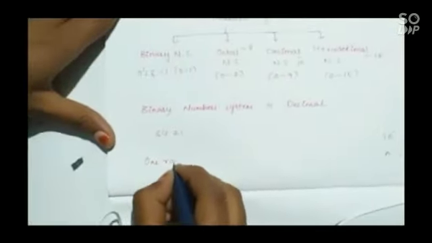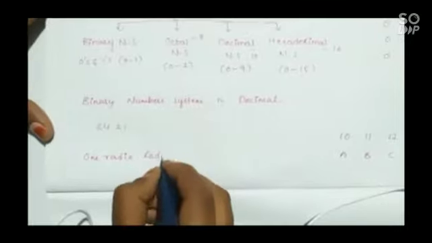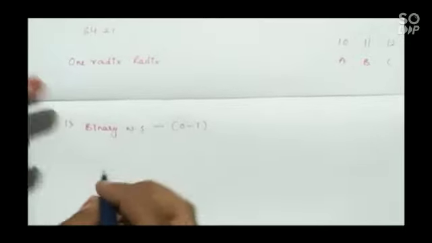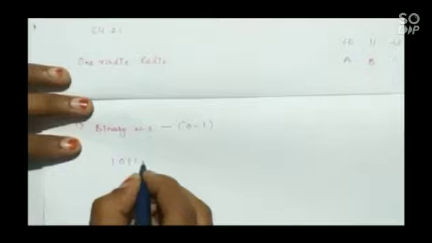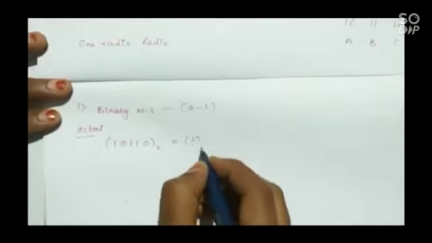And now we will see how to convert one radix to another radix. First we will consider the binary number system. In the binary number system we have 0 to 1. Let us see one example: 10110 base 2. To convert into octal, which means base 8,